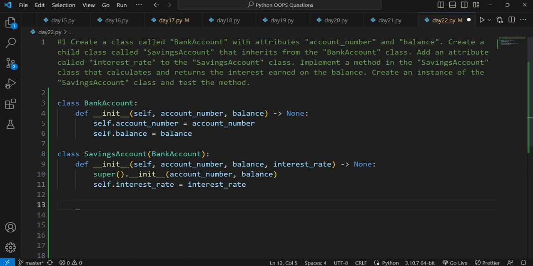So they haven't mentioned the name of the method, so we have to give the name of the method. We will just give the name according to the logic that they are asking us to. So let's see what the logic is here. Implement a method in the savings account that calculates and returns the interest earned on the balance. So we have to return the